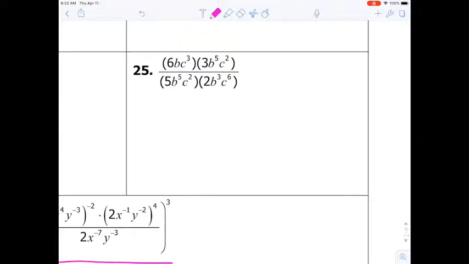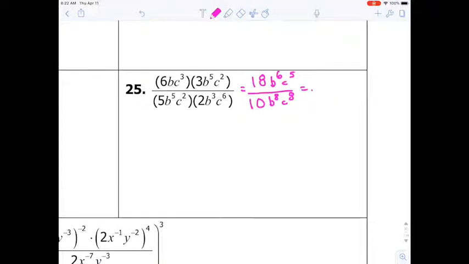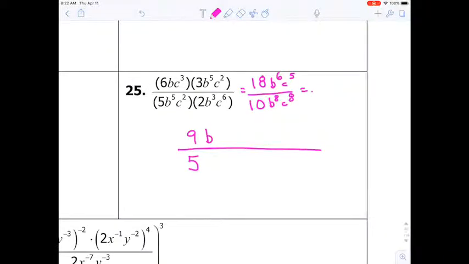All right, so here, let's do our rules from yesterday, which says multiply the numbers, then multiply the variables. So that would be 18, b to the 6th, c to the 5th over 10, b to the 8th, c to the 8th equals. Let's do it here. So reduce the numbers would give me 9 over 5. Now, b to the 6th over b to the 8th. Well, we would subtract those, and we would get b to the negative 2, which becomes b to the 2